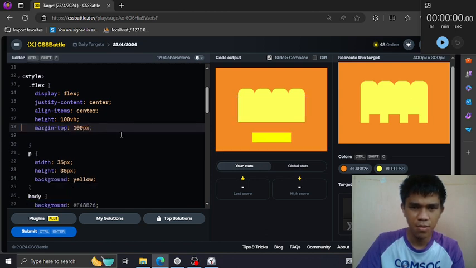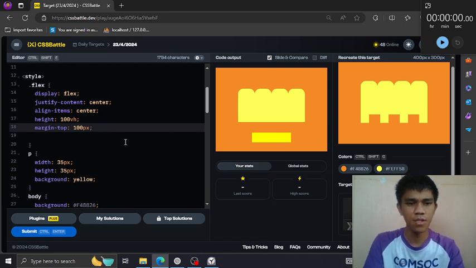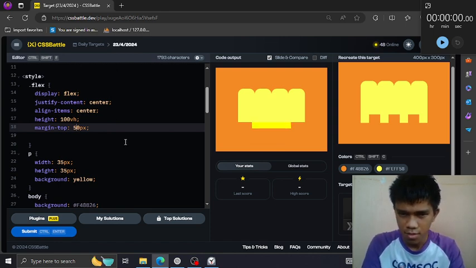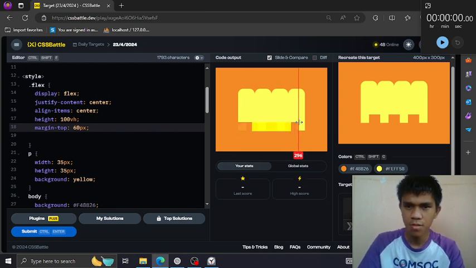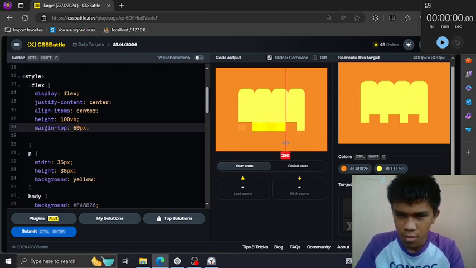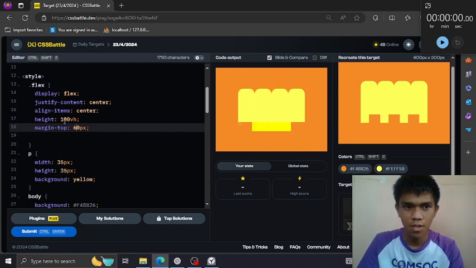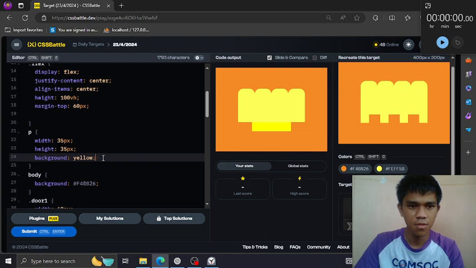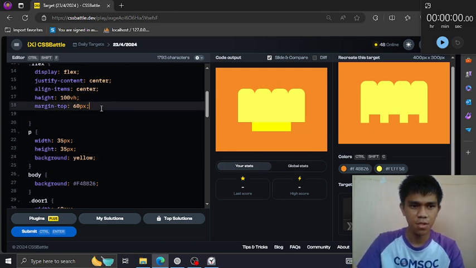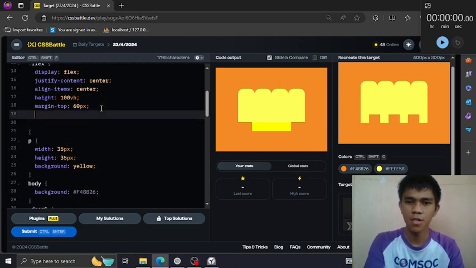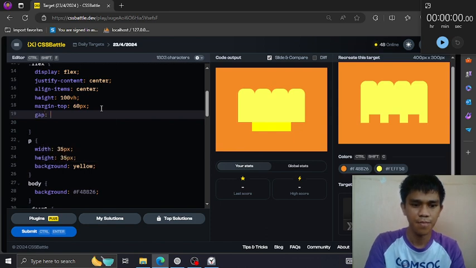Remove the background and reduce the margin. I've come this far, so it's not good to just give this up. Then gap 5 rem.